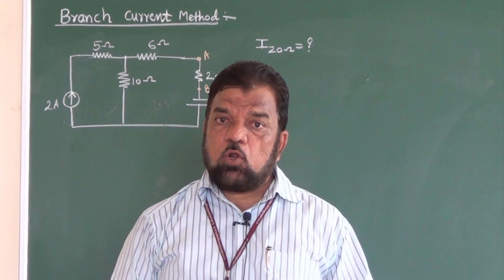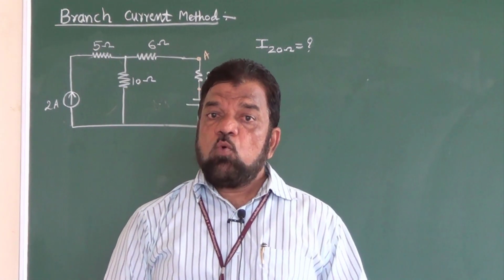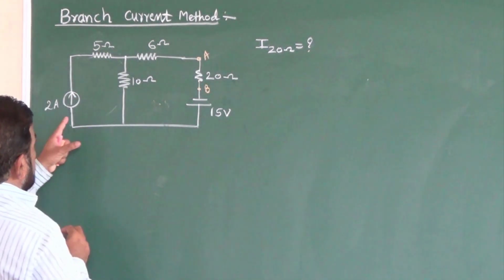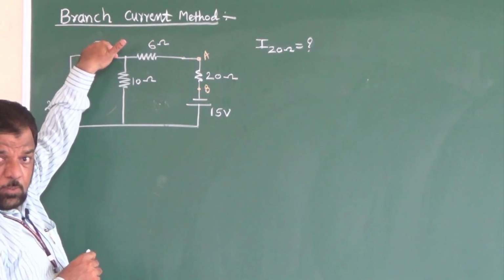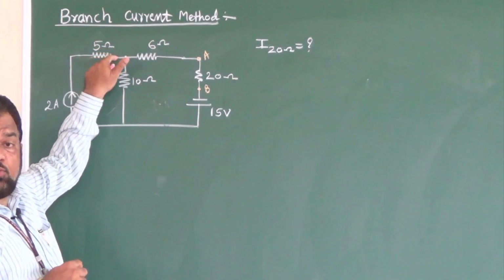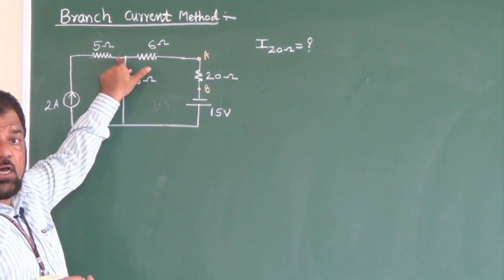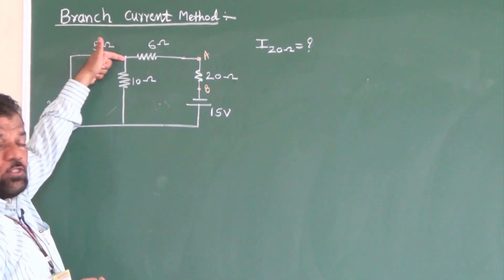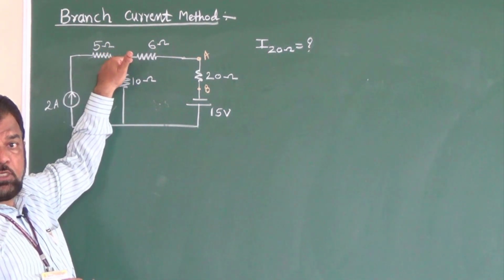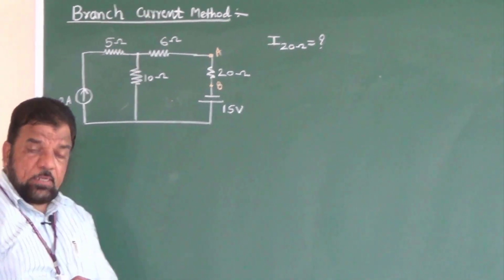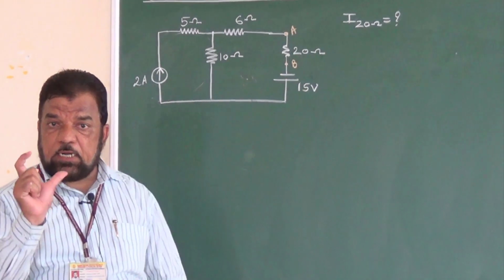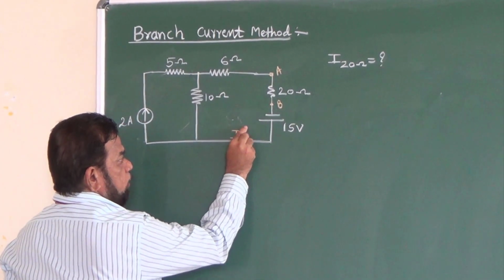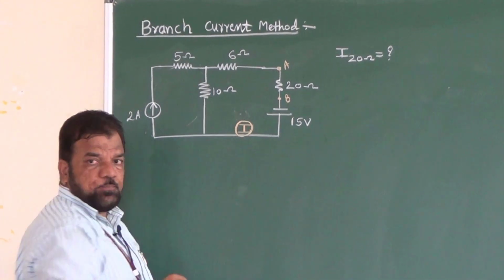If you come across such situations, whatever the branch current is there, the branch current remains the same. Get the point? That means there is no need to assign unknown currents. Already this 2 ampere current is flowing through the 5 ohm. That's why for the given circuit, though it looks like there are 2 loops, actually there is one effective loop. So I will mark this as loop 1.